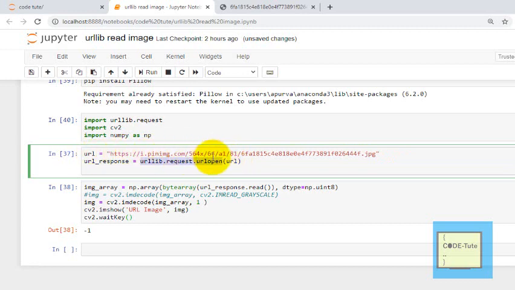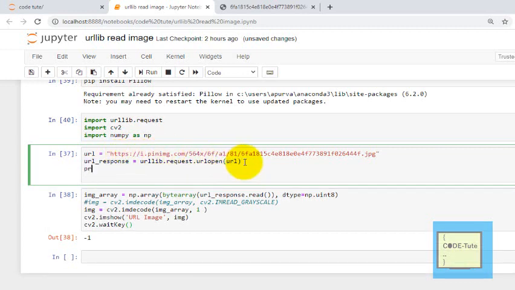Whatever we retrieve from this is stored in the variable url_response. So to open any URL we need to write urllib.request.urlopen and pass the link here. If I print the url_response, let's see what we get.